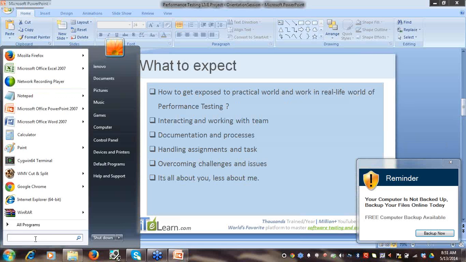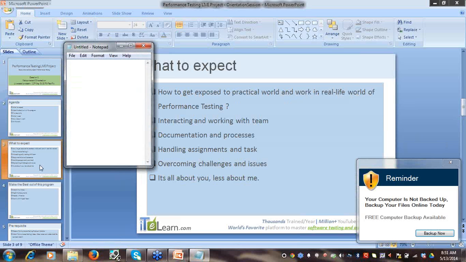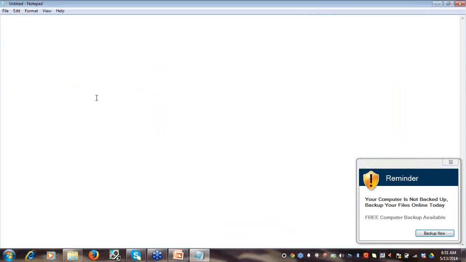Here I would just mention the phases that we go through in a performance testing project, the same phases we go through in the real world. There are phases like requirement gathering, then test planning, then script creation, then script execution.